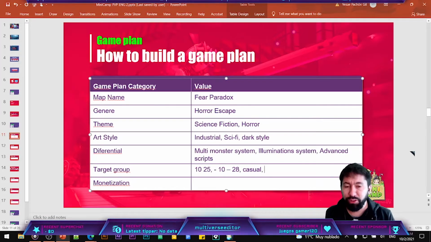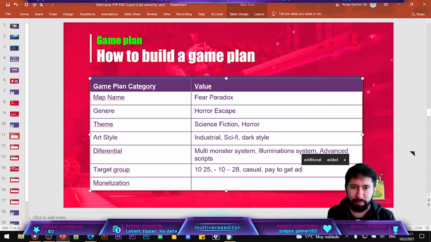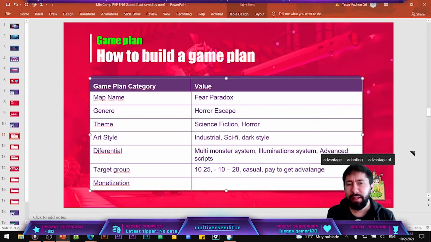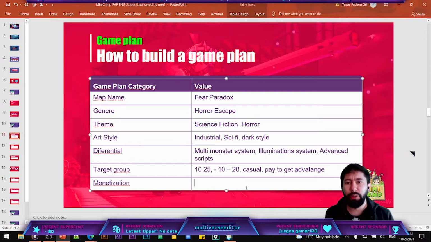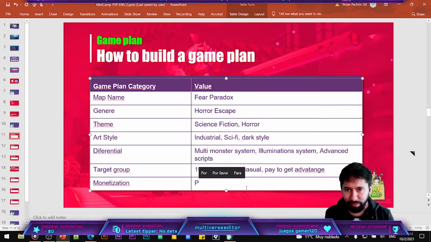And also some important keys about the players that are playing my game, the ones that I focused on, is that the players are going to pay most of the time to get an advantage in game, okay? And that goes directly to the second one, which is the monetization. As always, it's how you are going to get money for your map if you are a developer. Okay, there are a lot of ways to get it. In my case, I place different heroes,